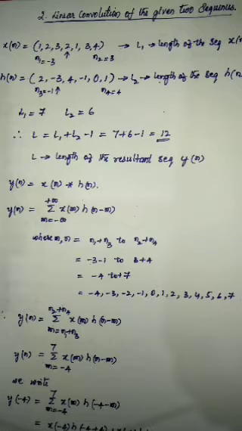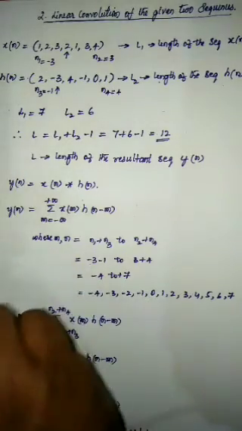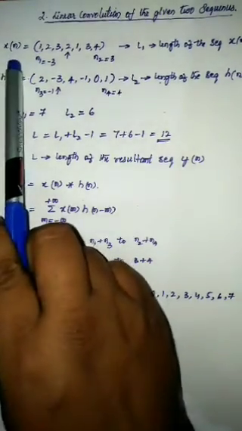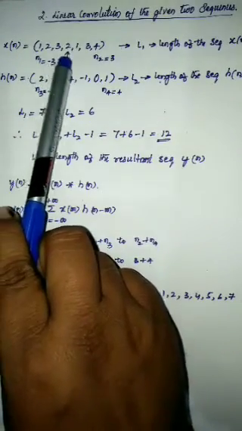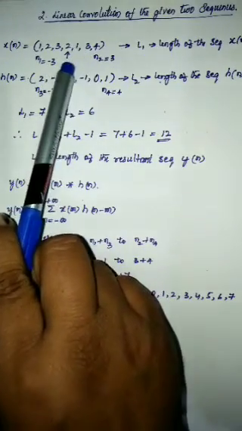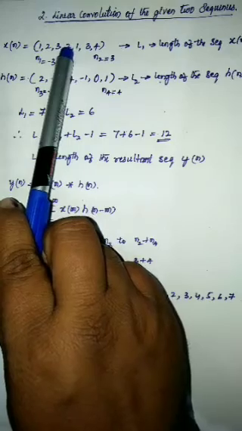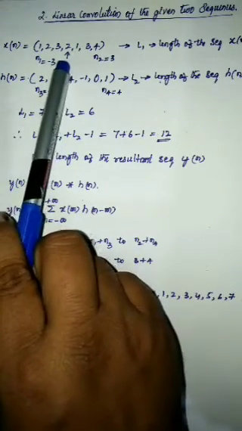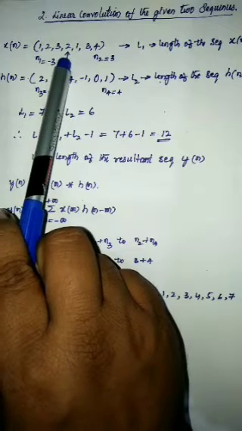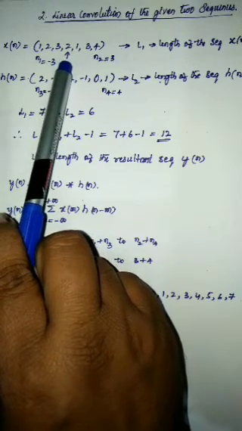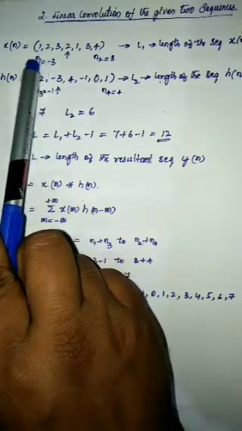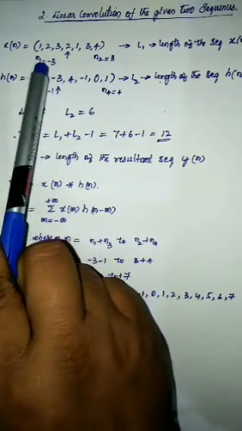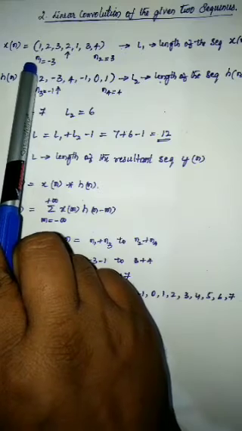Now, the linear convolution of the two sequences given, x of n and h of n. x of n is given as 1 2 3 2 1 3 4 with the origin at 2. The origin, in the sense of time index 0, will be at this particular location. Therefore, since this is the origin, the sequence starts from -3 and ends at +3, and we denote that by a variable n1.